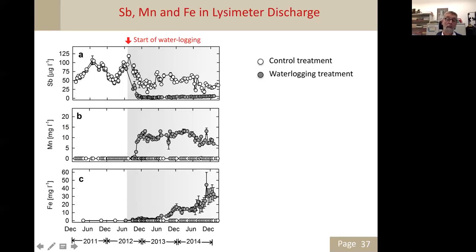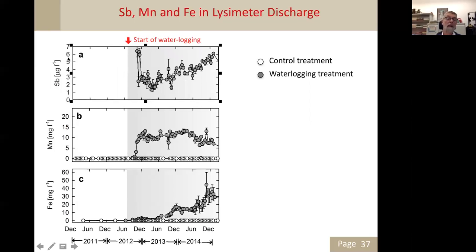And we also found that manganese concentrations started rather soon, already in the fall-winter of the first year, while the iron concentration only started slowly to increase at the end, but during the second year, especially at the end and in the third year. But we do not see here an increase in antimony, which would be due to the reductive dissolution. Well, that is the scale. If we change the scale to a much higher resolution, then we see, oh yes, there was nonetheless some increase.